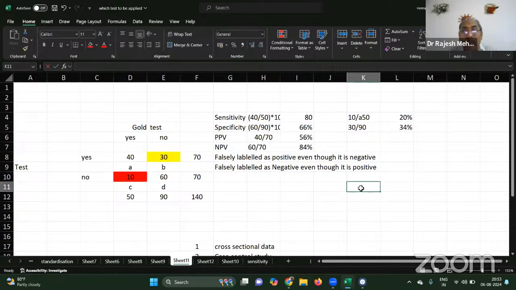So now here you are supposed to decide what cutoff line you should be taking. If you want to adjust sensitivity and specificity, the cutoff line may go something like this, right? Or maybe go like this. So as sensitivity increases, specificity decreases, and as specificity increases, sensitivity will decrease. So we need to select a cutoff line in such a way that you get the maximum yield. And I would say that if you have liberty to use a non-invasive test, then you go for a cutoff line in such a way